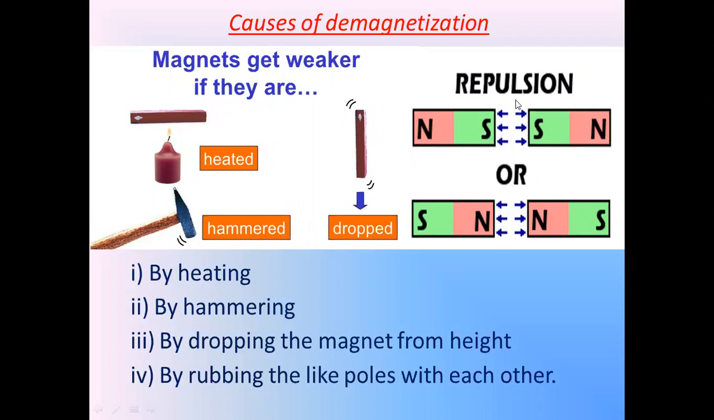In this way, by rubbing the like poles, like pole भनेको north को north, south को south, if we rub the like poles both the magnets will lose the power. Okay, that means the magnets can lose the power in how many ways? In 4 ways. म यहाँ ल्याएको छु नम्बर 1 मा, by hitting, यदि हामीले मज्जाले कुनै म्याग्नेटलाई हिट गर्यौं भने